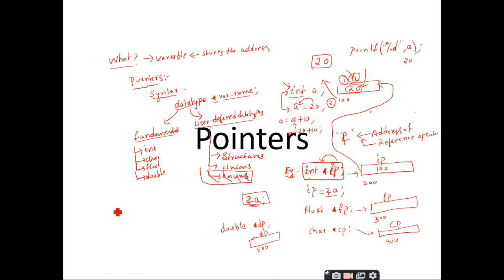Yes, sir. Right. So other than these 4 pointers, we have another pointer called the generic pointer. What do you mean by the term generic? Anybody?